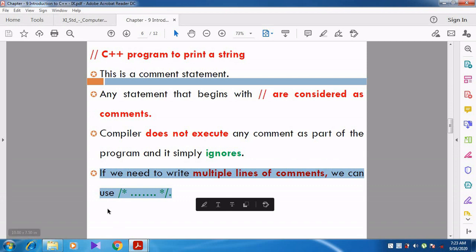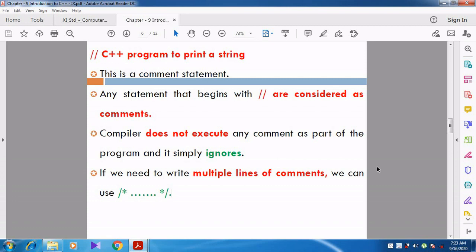Can you see here? Slash star, then multiple lines, then again star slash. Whenever you want a single line, you can use a single line comment, which should be only within a single line. These statements are non-executable statements.